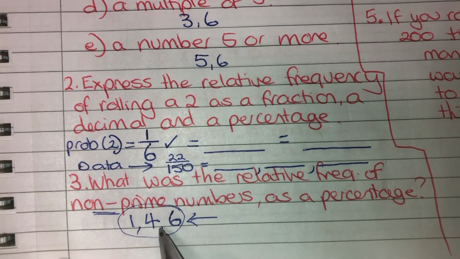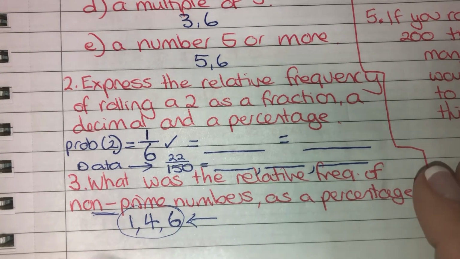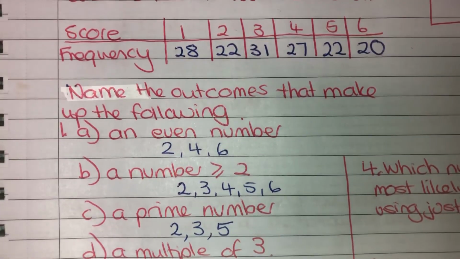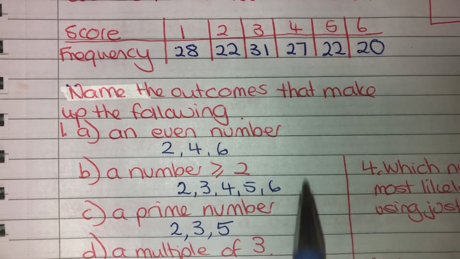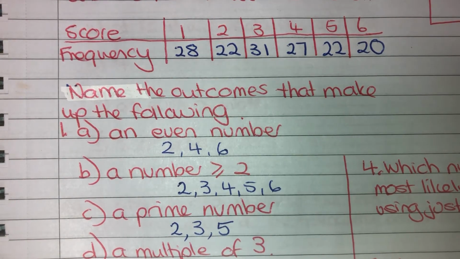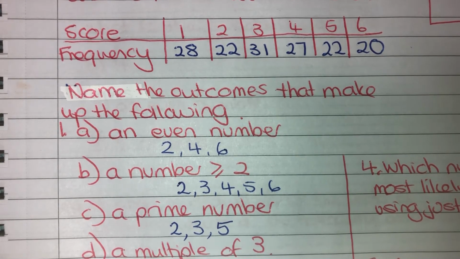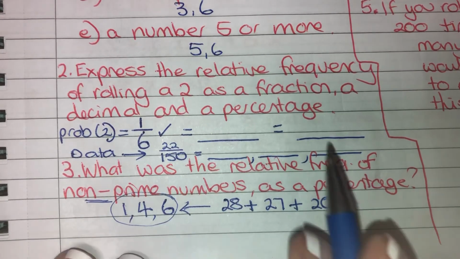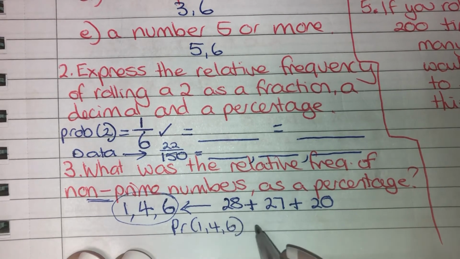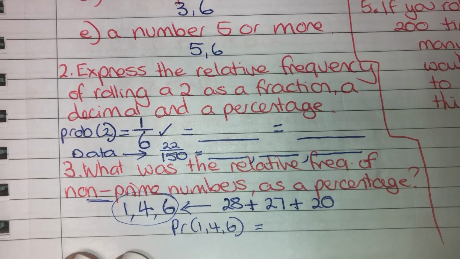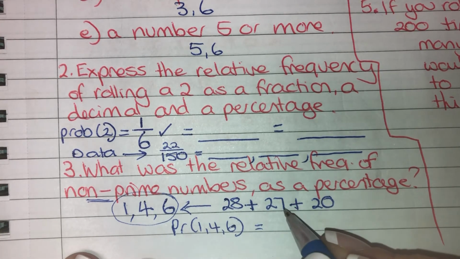So a 1, 4, and a 6. So let's have a look. Number 1, there were 28. Number 4, there were 27. And the number 6, there were 20. So altogether, the probability of a 1, 4, and 6 were, you can put it into your calculator quickly while I use my brain, 20, 40, 60, 8, 75,